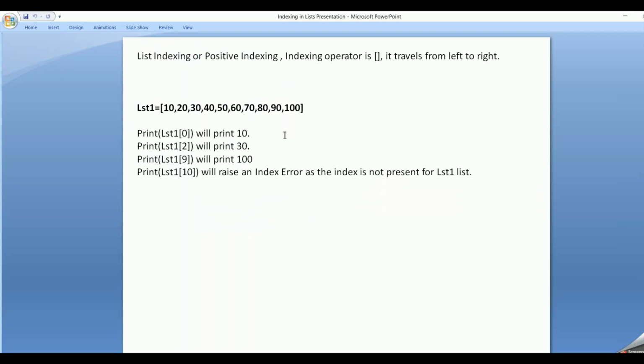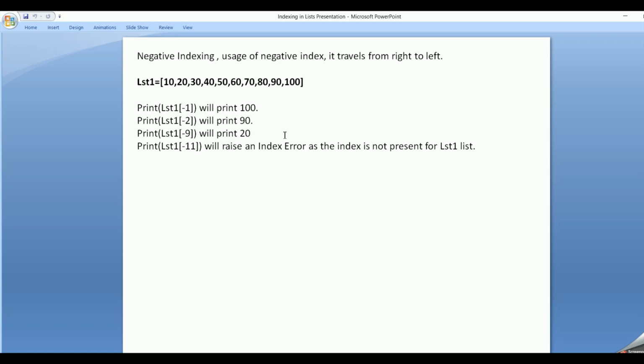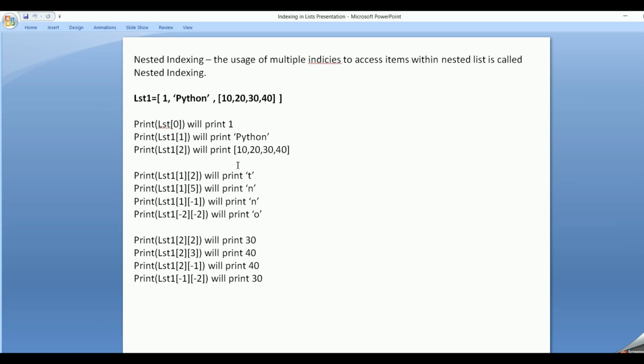So we have seen the positive index and we have also seen the negative index. It traverses from right to left. And now for nested indexing, let's take an example. The usage of multiple indices to access items within a nested list is called nested indexing.